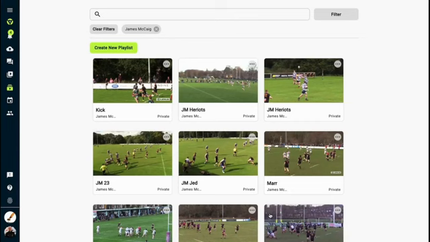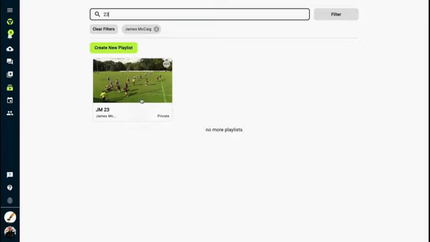So in this video, I'm going to show you how you can use drawing tools to enhance your player highlights. Okay, so I've picked James here from the filter to show all of James's playlists that he's created throughout the season. He kind of uses the playlist feature to improve his performance by looking at the good and the bad bits. But then he creates this JM23 folder, which you can search for to get to quickly, and that's all